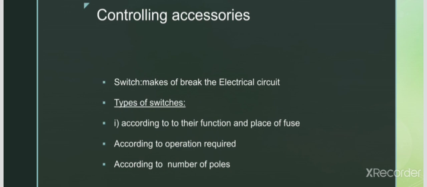Coming to the main switch classification, the main switch can be classified as DPIC, double pole iron clad switches, triple pole iron clad switches, triple pole iron clad with neutral link, and miniature circuit breaker, that is MCB switches. And there is another classification, that is knife switches. Knife switches can be classified as SPST, single pole single throw switches. Next one is SPDT, single pole double throw switches, double pole single throw switches, double pole double throw switches. These are the classifications of switches based on different factors.